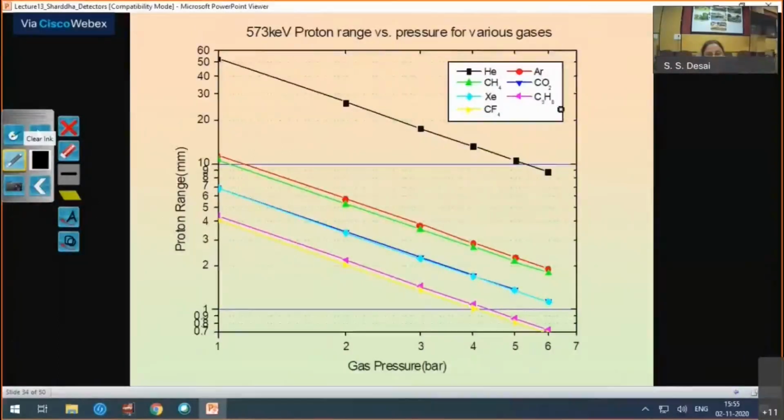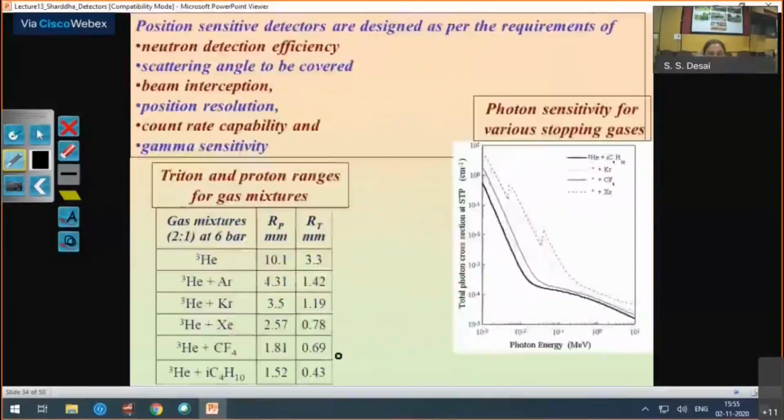And for the high Z gases, moreover for polyatomic gases like CF4 or isobutane, it is much less. Then why not use these gases? So we have to add some of these gases. We have to select as per our operation procedures, because all these gases are going to increase the operating voltage of the detector considerably. So usually we are considering either CF4 or krypton as the additive gas.